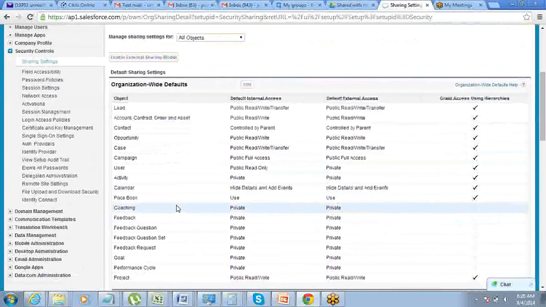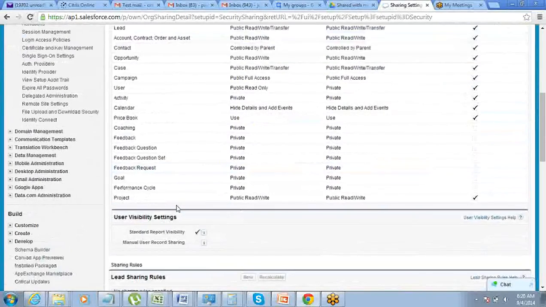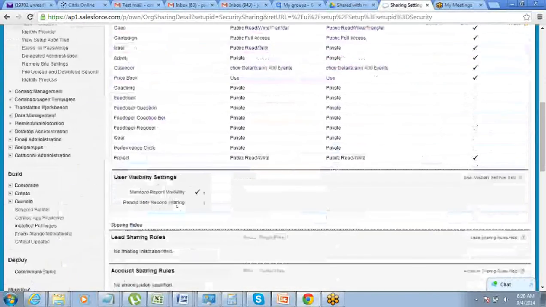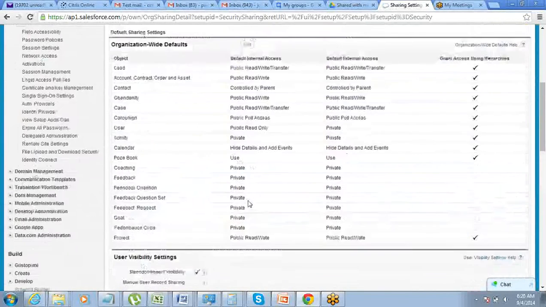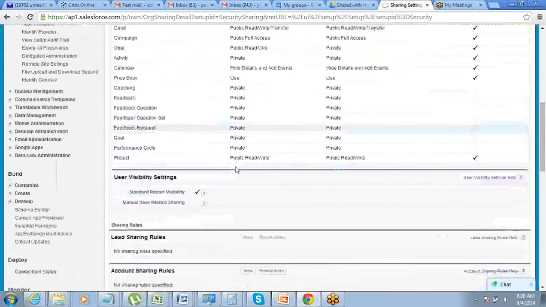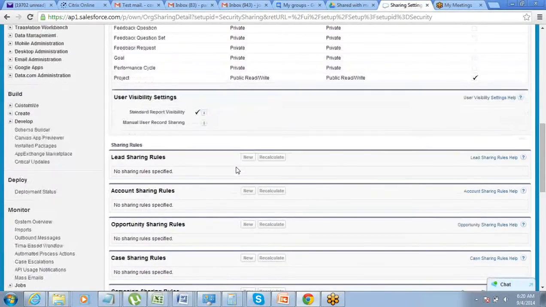So how do we define that exception? If you scroll down further, you will find sharing rule. Okay. So let's say you have made account data as private. If it is private,